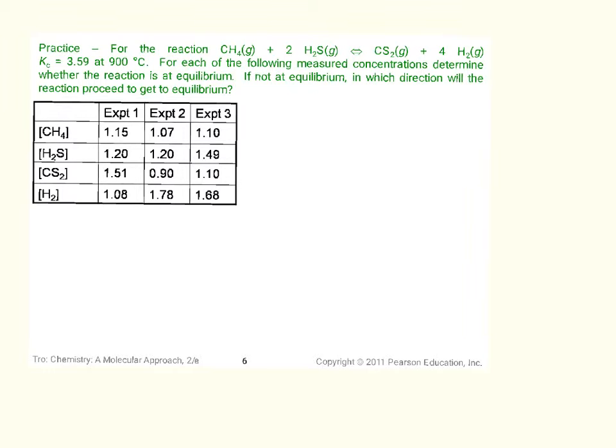We need to calculate the quotient and compare it versus the equilibrium constant. If the reaction with the represented concentrations is not at equilibrium, we need to predict in which direction the reaction will proceed